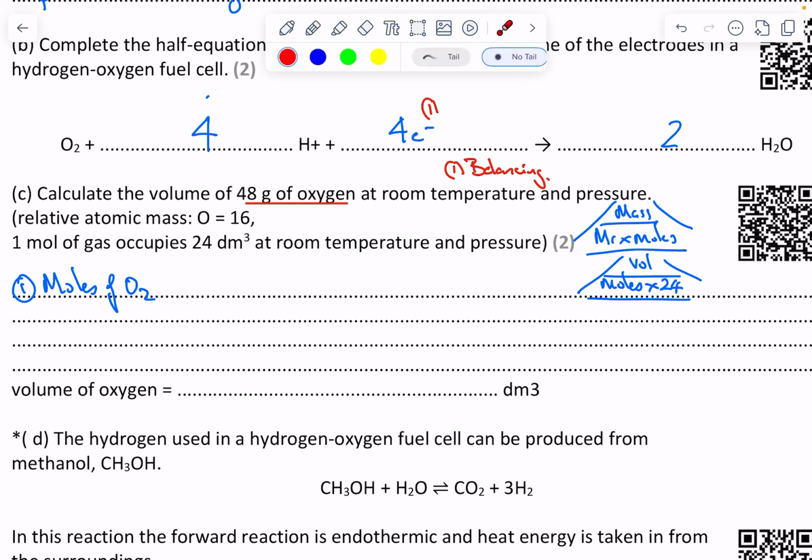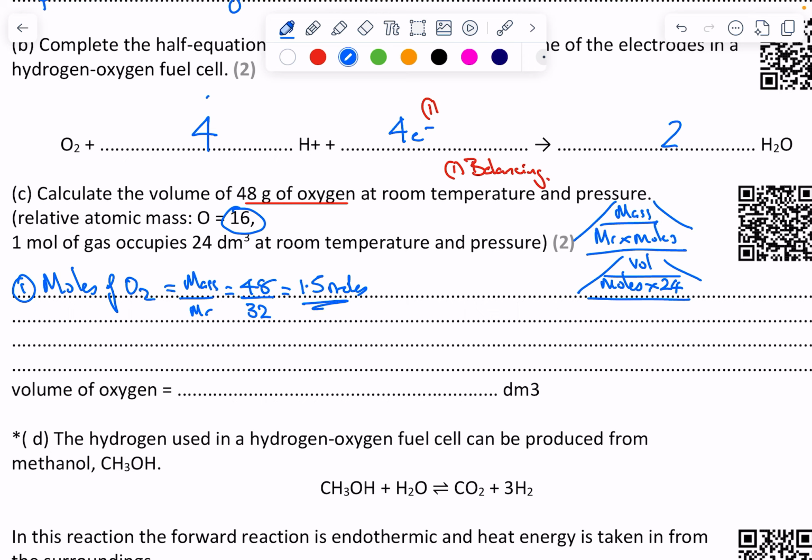According to our equation, the moles of oxygen is the mass divided by the Mr. So the mass is 48. The Mr, now be careful because oxygen is O2, and therefore 2 lots of 16 is 32. So let's put that into my calculator. 48 divided by 32